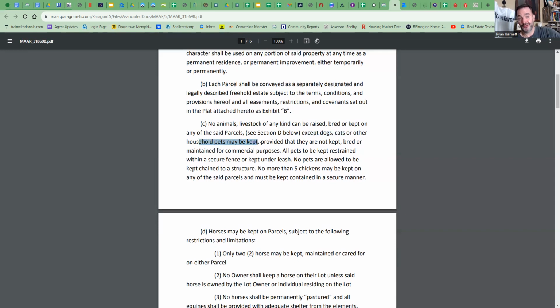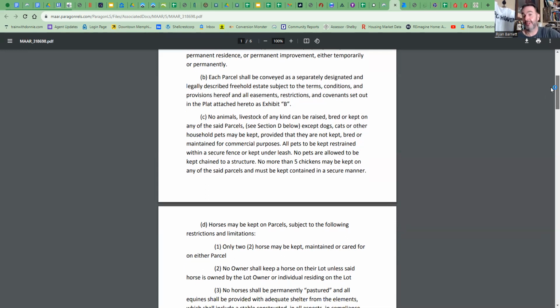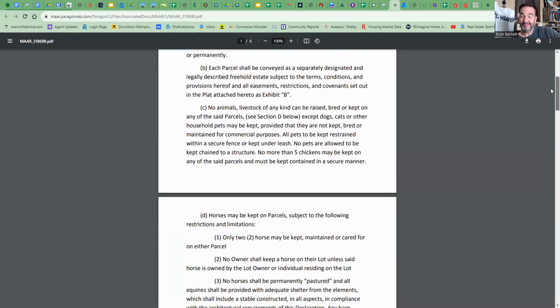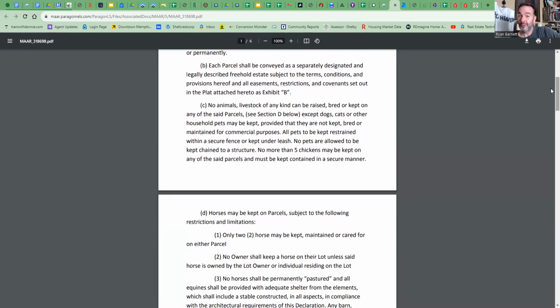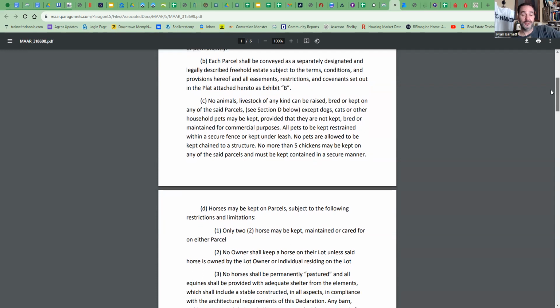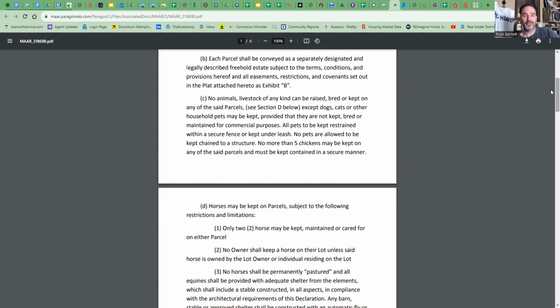Say you wanted to open a dog kennel here. Of course, there could be other restrictive covenants, or some other entity, the county or the city, that wouldn't allow it. Neighbors might complain, but maybe not. Most often I don't work with people who want to open a dog kennel on some land, although I would if they wanted to. I do commercial real estate as well, so I'm not restricted to it. But on this specific example of land, you can't have animals or livestock